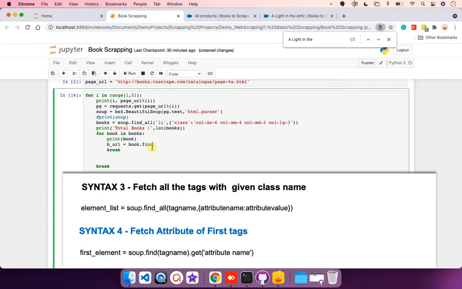This is our syntax number 4. We find first element, tag a, and inside the tag there is an attribute href, and so extract the content of href. Also I will extract the name.